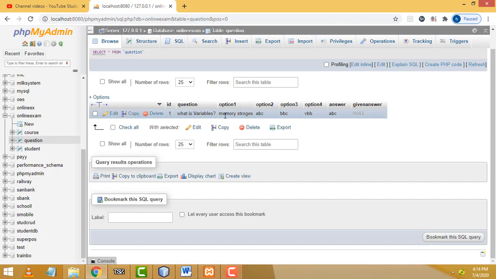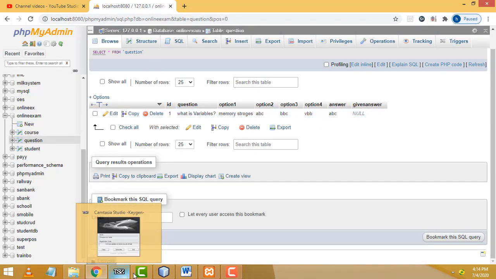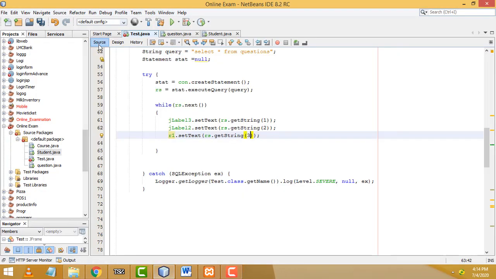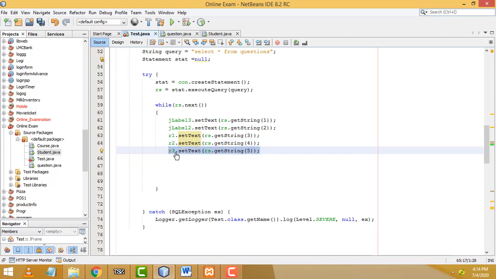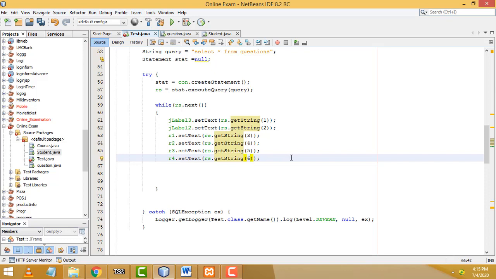We have to fill all of these. Same thing, Control C to copy, Control V to paste here, R2, 4, Control C to copy, Control V to paste, R3, 5, R4, 6.